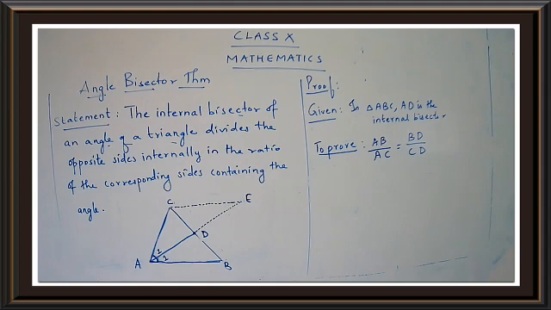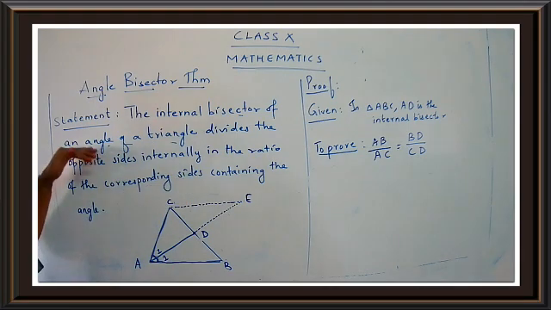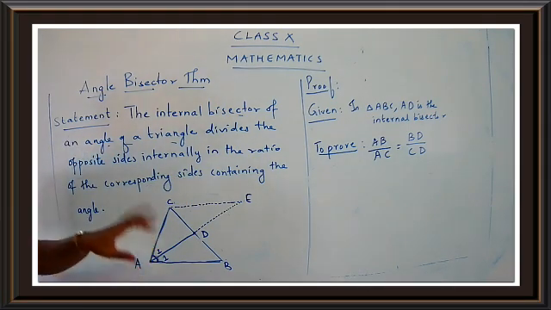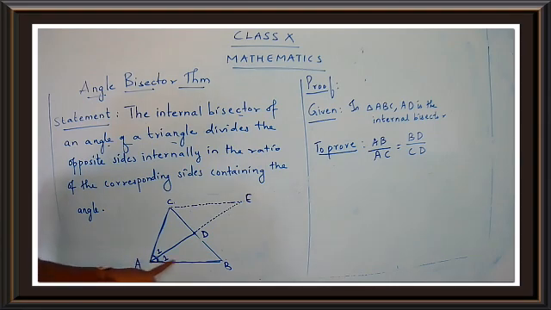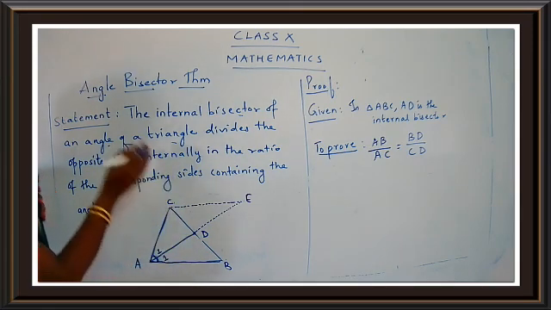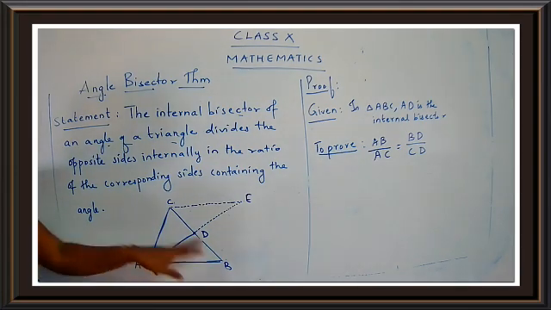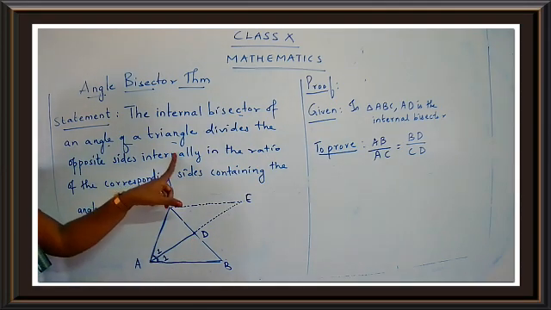Okay, have you taken the to-prove part, children? Okay, now understand the statement carefully. So the internal bisector of an angle of a triangle. So here we have three angles for a triangle. That is, we have just taken triangle ABC, but you have just chosen one angle. What is the angle chosen here, children? A is the angle chosen. Okay. So now what is done here? We have to take the internal bisector. Internal bisector means the bisector is dividing internally. Okay. So you have an internal bisector which divides the opposite side. So this is A. What is the opposite side of A? BC. So this internal bisector divides the opposite side internally in the ratio.